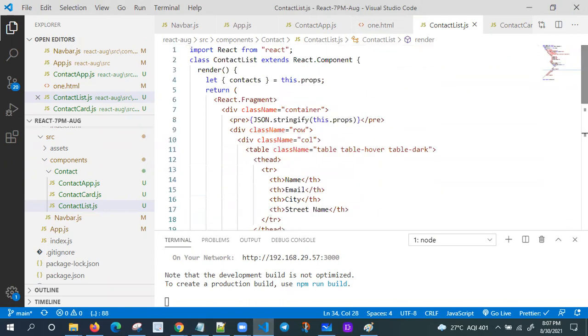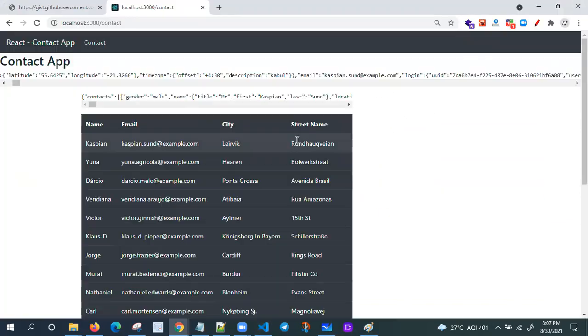So now you can tell me what I need to do. The question is, I click this one and I want to display one contact card. Then how to do it? So we have to create a component for that. One more question: I want to click this row, then I want to display Caspian's contact details card, with more details, or Victor's more details. In here only I want to display one image like this. Then how to do?